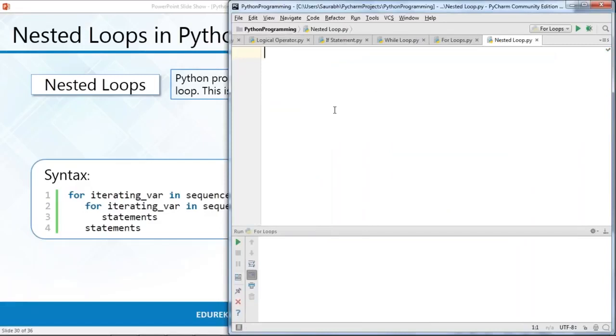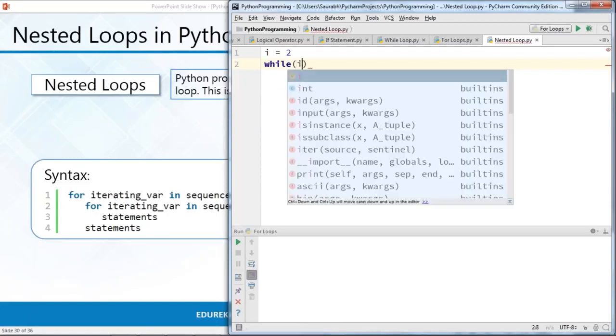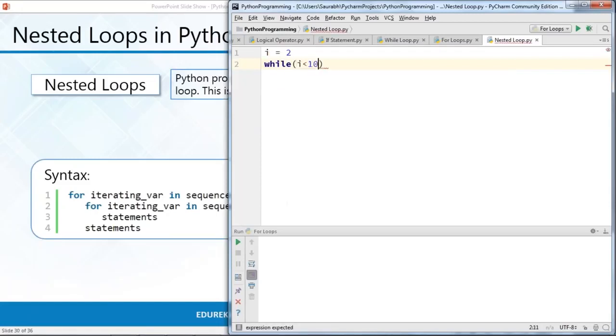So over here, I'm going to write a program that will print the prime numbers starting from 2 till 100. So between 2 and 100, whatever prime numbers are there will be printed. Now how I'm going to do that, let me show you. I'm going to use a nested while loop here, that is a while loop inside a while loop. First, let me define a variable i and give a value to it, say 2. And now I'll write while, and the condition, that is while i is less than 100,